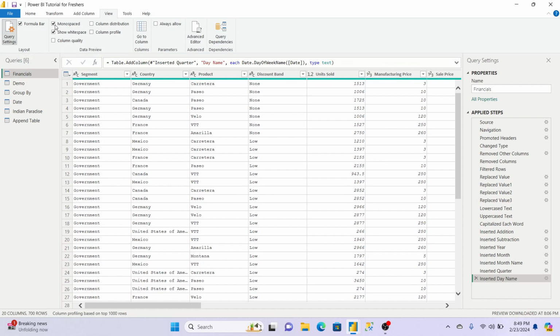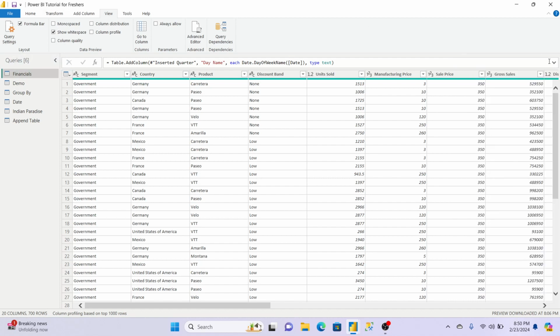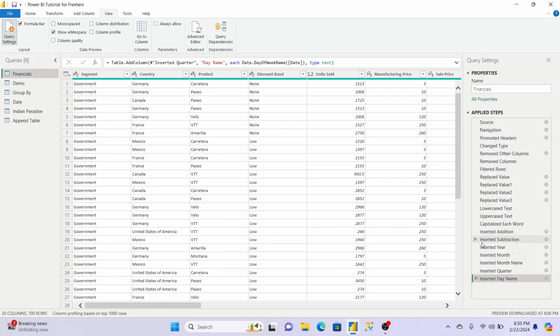Now this font has also changed to monospace. This is query settings. For example, if you have removed it from here and you again want it, then just click on this query settings, it will come. This is the query pane.